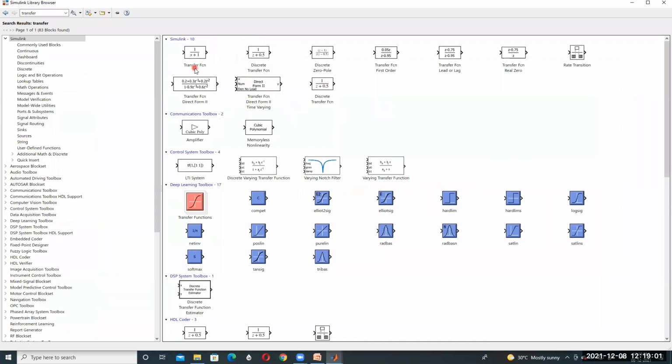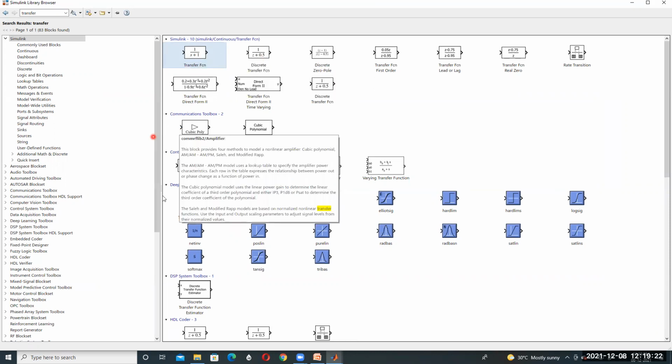This is the transfer function in the S domain, and this one is the discrete Z domain. You require the S domain one, 1 by S plus 1, in this model. So right click on this component and add block to model.